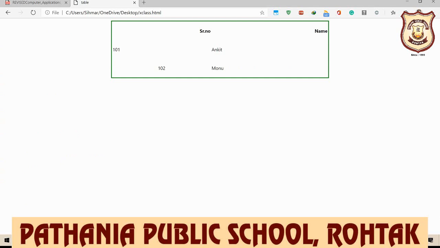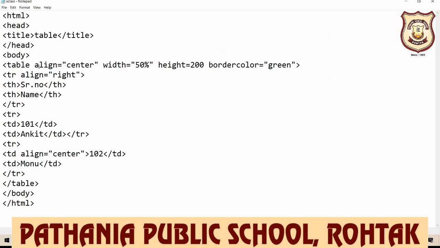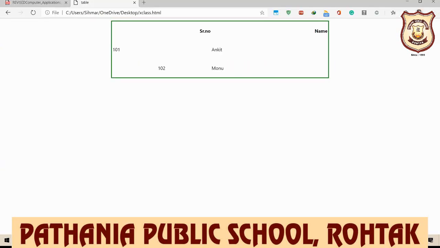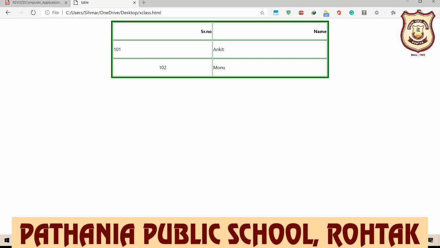But if you want the inside border also, you can just write the border attribute anywhere here. We write border is equal to, for example, 5, then save it, then again open your browser and refresh. So clear everyone?